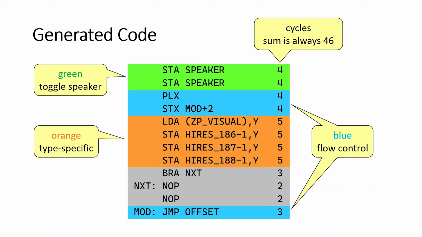Here it's the left part of the visualization that we saw before. And finally, we have the gray part. Here we are spending some cycles without actually doing something. We're using two types of instructions here. The no operation always takes 2 cycles. So if we have an odd number of cycles to spend, we additionally use a branch instruction which spends 3 cycles. As you can already see by now, having to spend exactly 1 cycle is an issue. We'll see about that later.